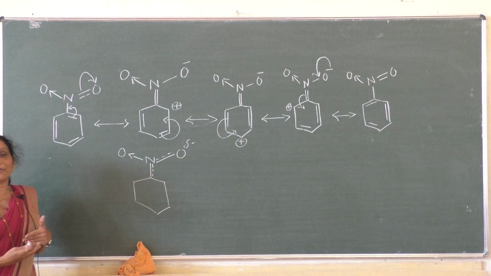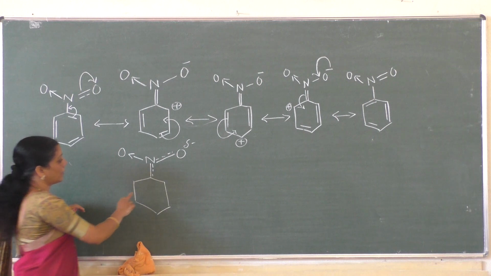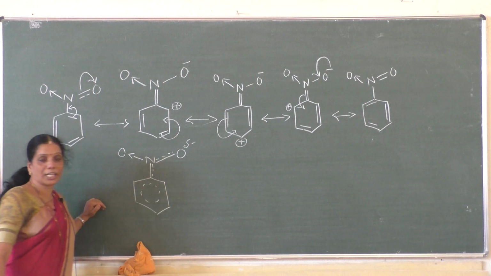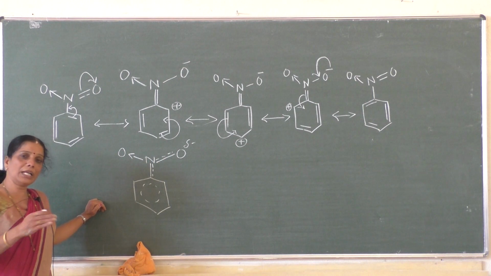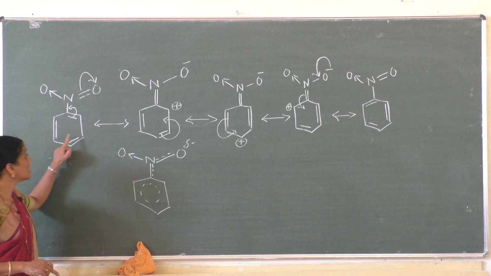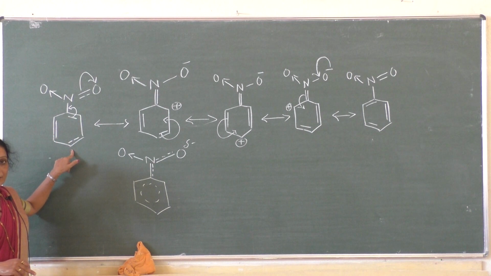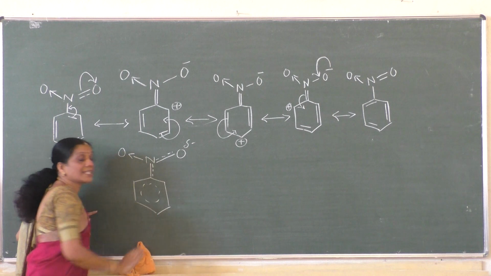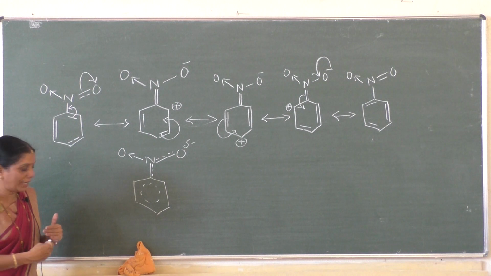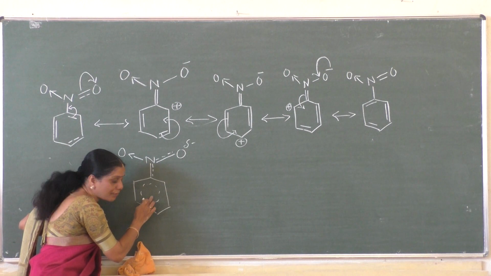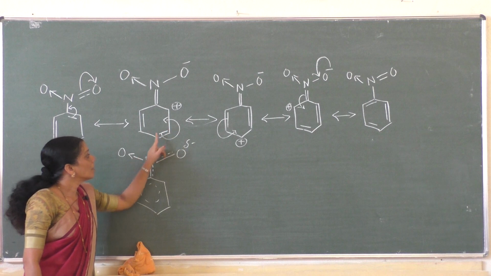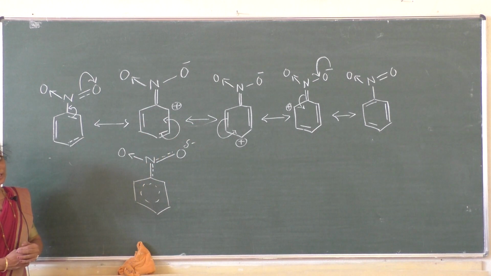The pi electrons are completely in which state? Delocalized state. That means here we have to write the delocalization of the pi electrons. Delocalization is nothing but no fixed position, freely moving. How many pi electrons are there in benzene? Three pi bonds are there in benzene. That means totally how many electrons? Six electrons are there. Those six electrons are in complete free movement, completely delocalized. We have to show the free movement of the pi electrons like this, with no fixed position. The position changes in different resonance structures.